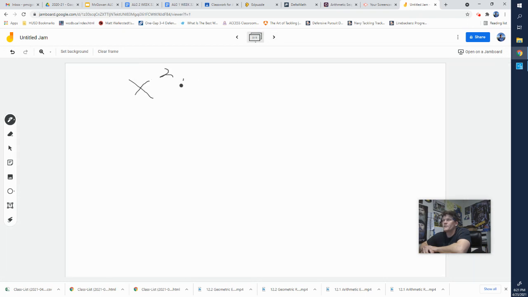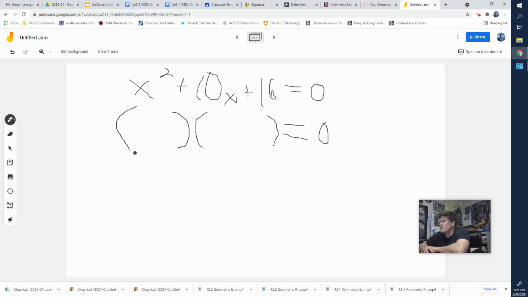x squared, 10x plus 16, and this all equals 0. Now that I have it equal to 0, let's factor this thing out. Still equals 0, but we're going to set up our two parentheses by looking at our values and seeing which